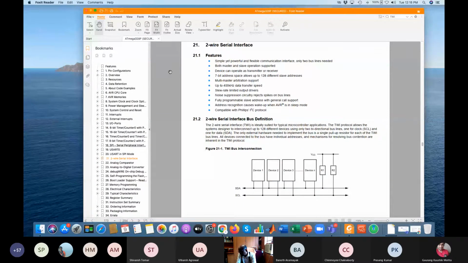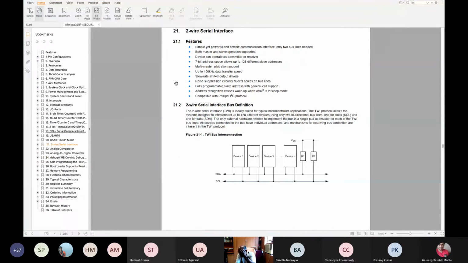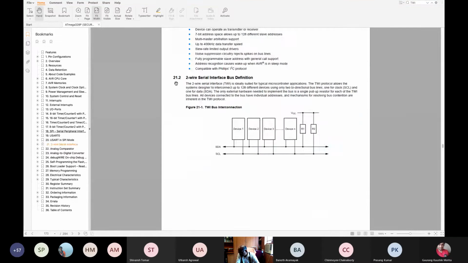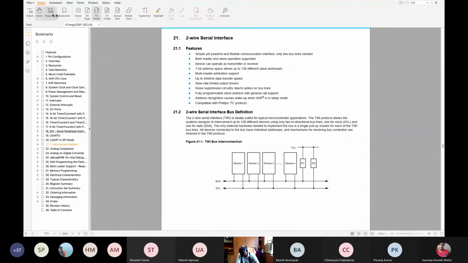This is the page number, you can see. This is the TWI, two-wire serial interface. What is the page number? Page number 173. This is the two-wire interface.